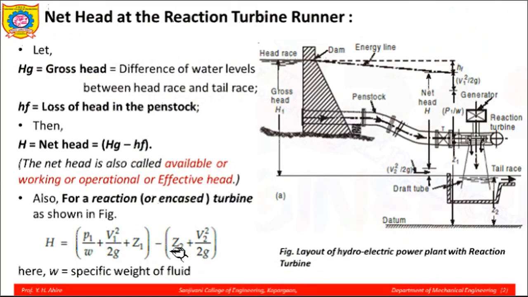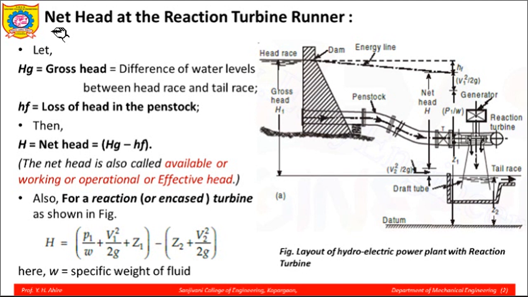In our last lecture, that was the lecture number 1 of unit number 3, we have seen the introduction of reaction turbines as well as the construction and working of a Francis turbine, which is the famous radial flow type or mixed flow type of a reaction turbine. Now in this lecture we will discuss the velocity triangles and the analysis of the same Francis turbine.